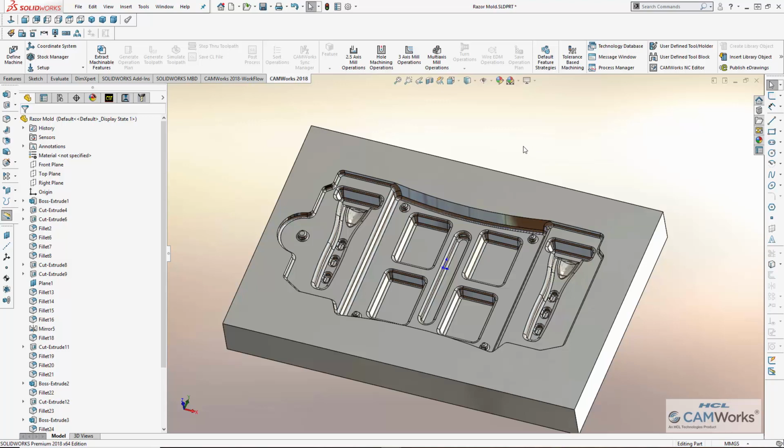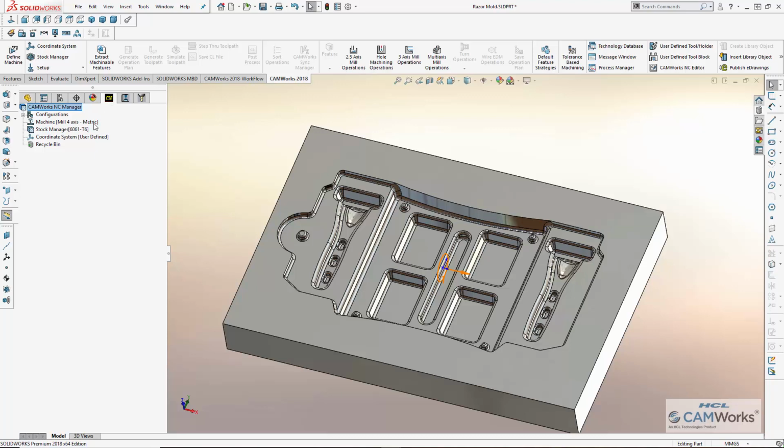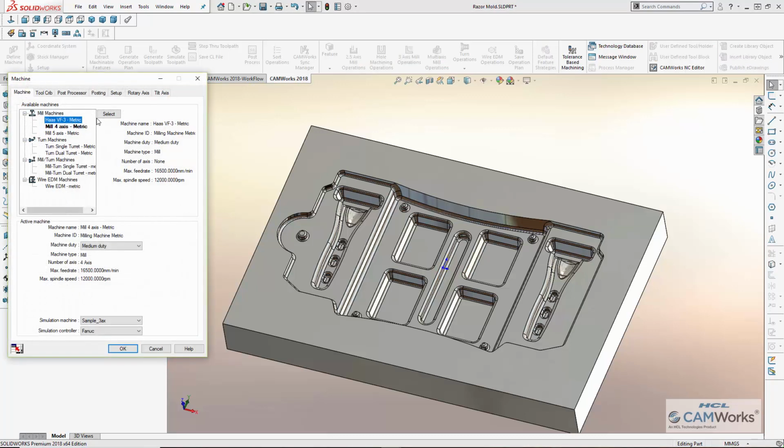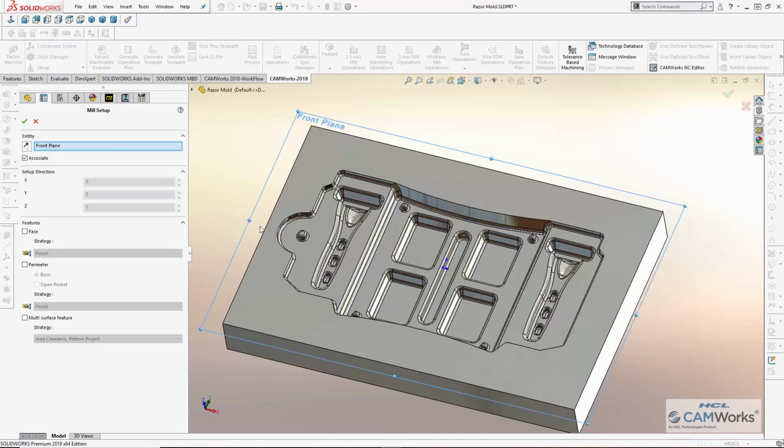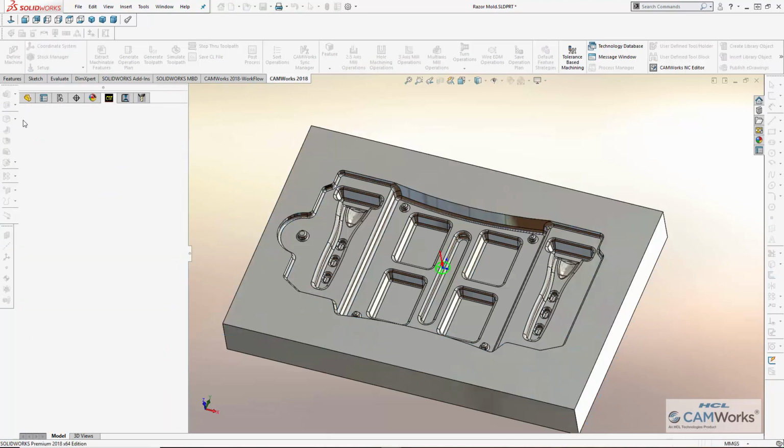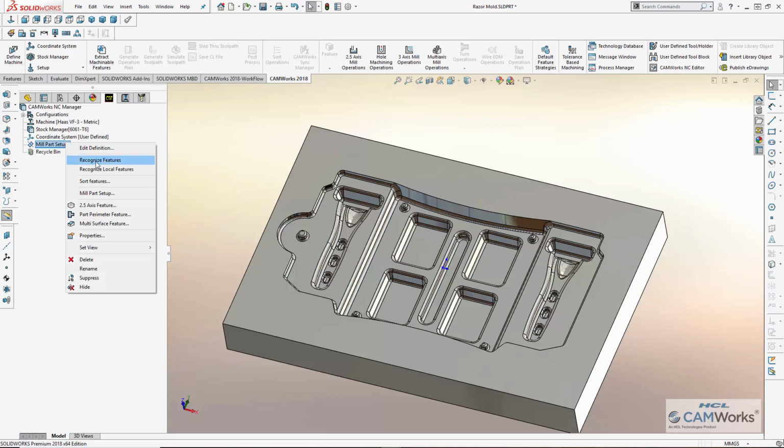CAMWorks, the most advanced integrated CAM system available today, runs directly inside SolidWorks, allowing the design and manufacturing models to become one and the same. I'll begin by selecting the CNC machine I want to use for machining, in this case a Haas VF3. Next, I'll create a setup to specify the direction for machining, and then create a multi-surface feature of the cavity